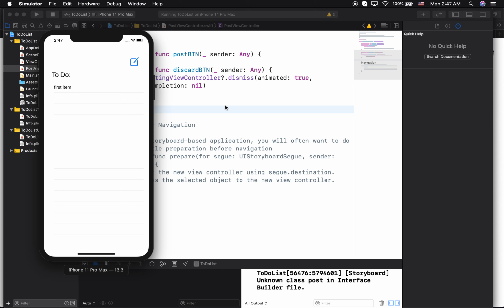So this is going to allow me to delete any cell from my table. Okay, so I'll say if my editing style is equal to UITableView.EditingStyle, this line right here, .delete. Okay, so if this is the action that I'm doing, if I'm trying to delete, I need to take out that table. So I will go ahead and say for example lists,